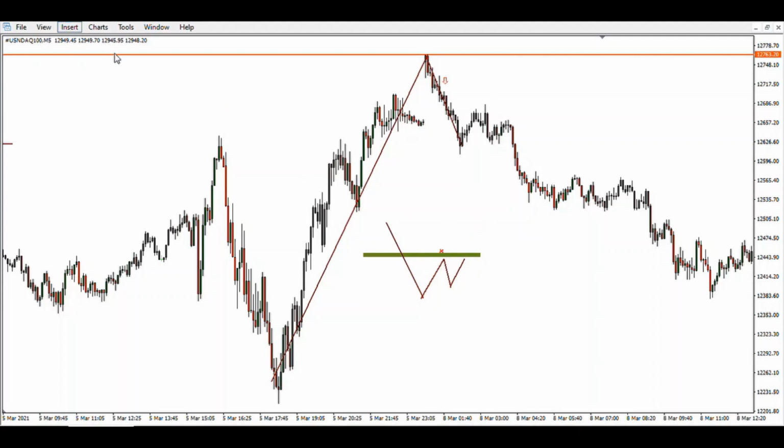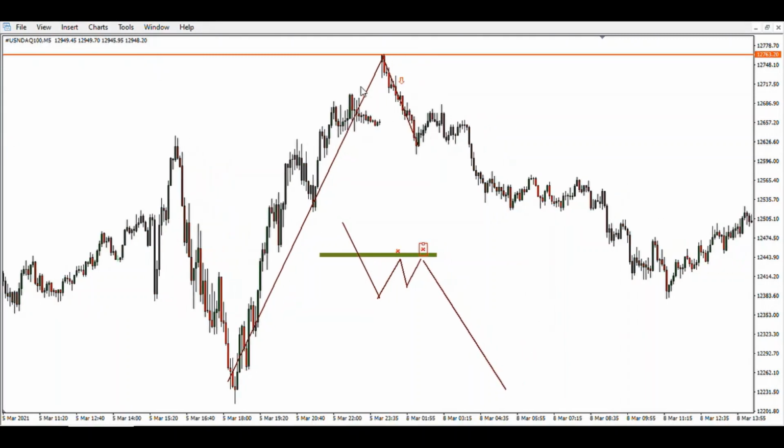And what do you see? Price failed again to break this level and stay above. What do you do? You enter in the market, right? And you take your trade to the downside. Right? So what we do have over here is you can see price has been moving down and moved back up to this level. It pushed down again,